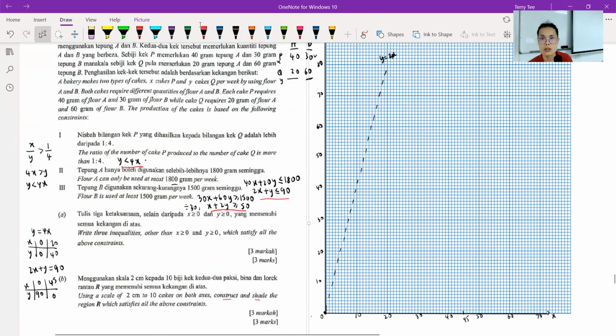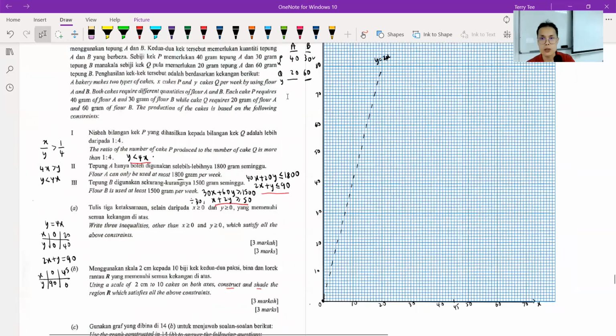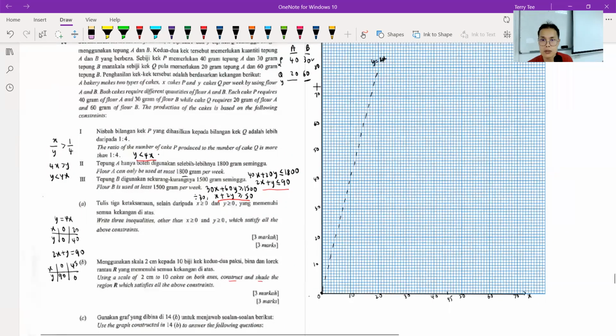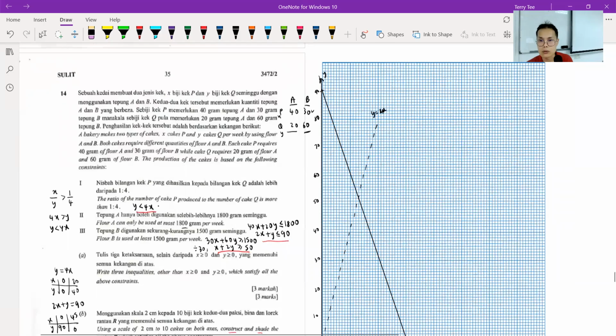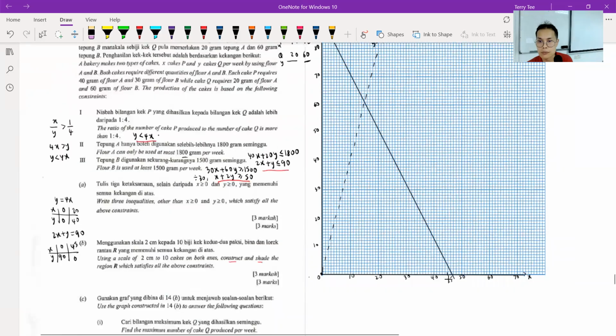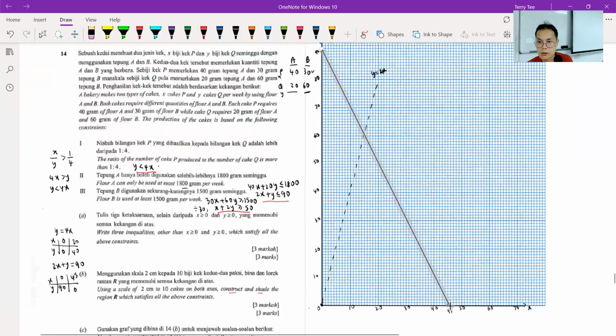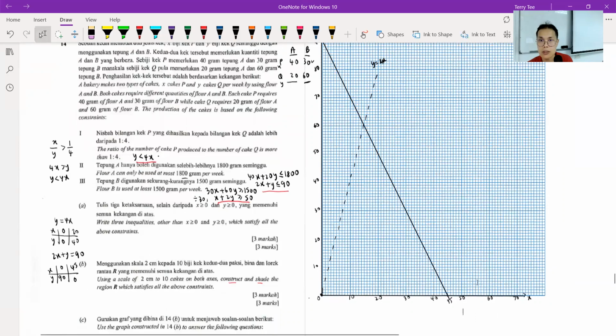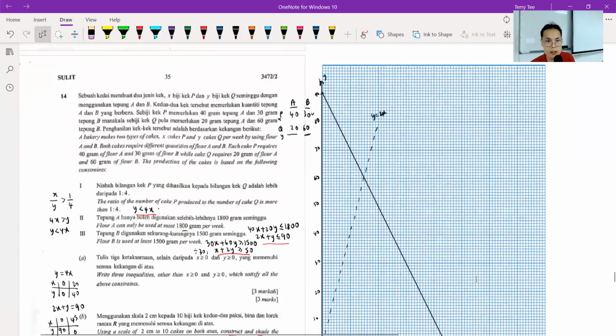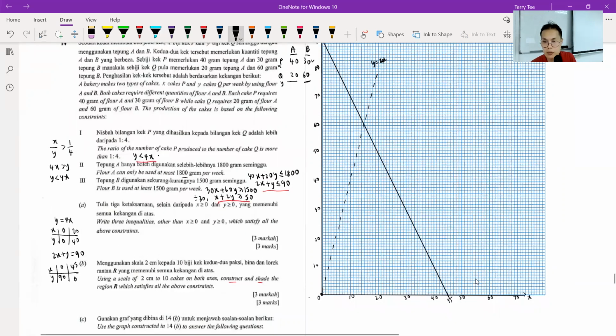We need these 2 points, and I need to zoom out a bit, no space. Join the straight line. So this one will be around here. This is a solid line. I've got this line, 2x plus y